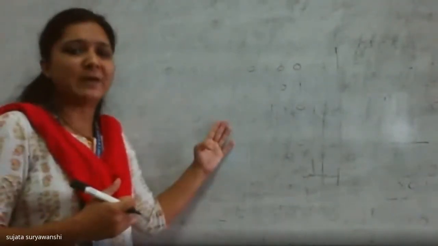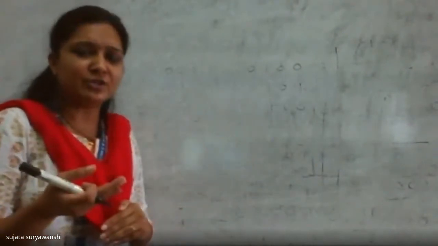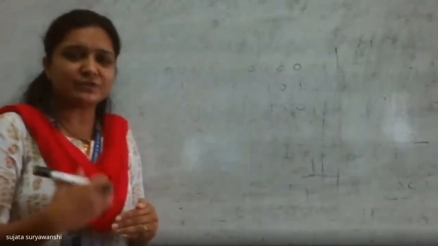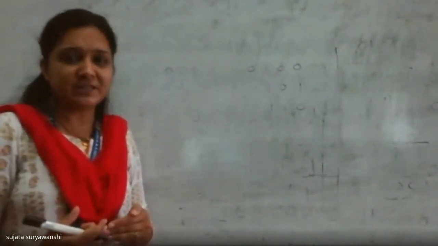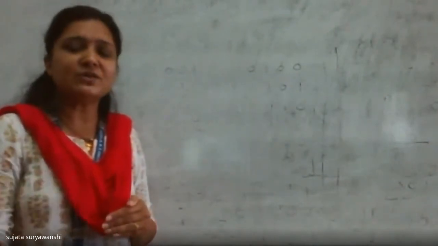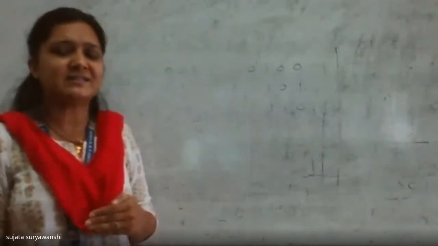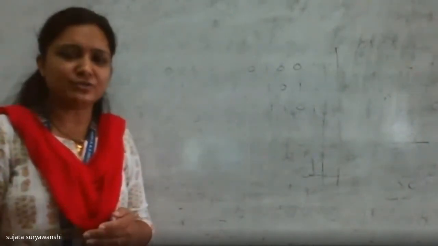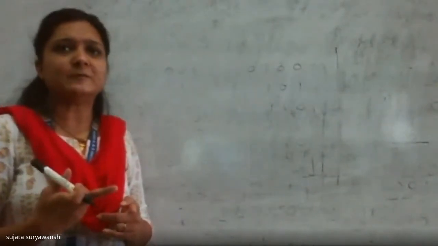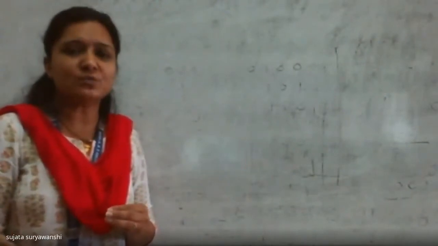Suppose in case of binary 2 and binary 3, we need to simply add 1 into 2, we'll get the next number or next digit, that is 3. In case of binary, in case of BCD also, in case of XS3 also. Okay, but gray code is not arithmetic, as we cannot get the next digit just by adding 1 into the number. One more very important and very unique property of gray code is what?